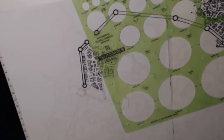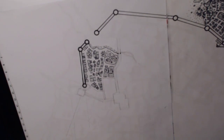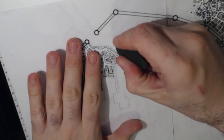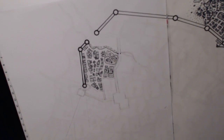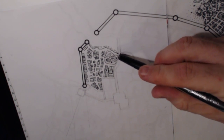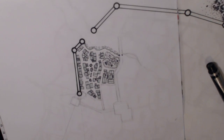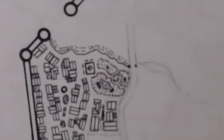And the other trick with mapping is never assume you're going to remember to do anything later. The reason I wanted to fill in the other side of that bridge is because I do not want to be doing the rest of the coastline in a week, and then all of a sudden forget to end where that coastline is supposed to end, or have it come in wrong. And actually, those little bridge struts are not as bad as they look because of the blurriness. Anywho,